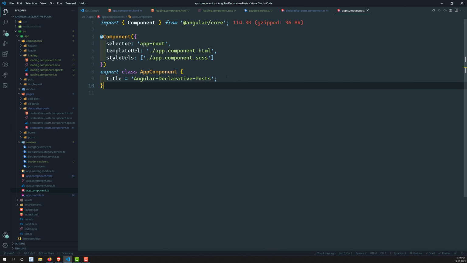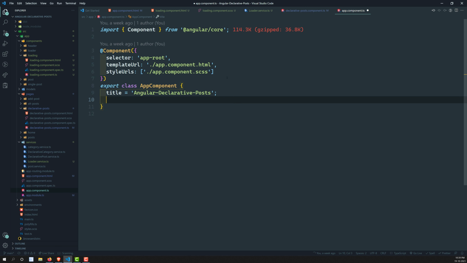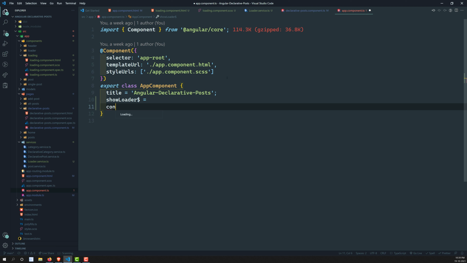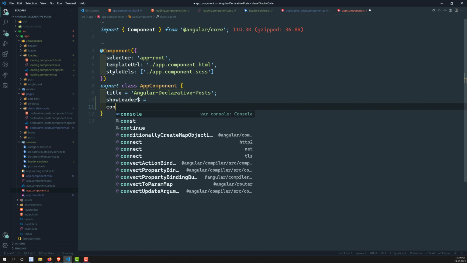Now here I can take something like showLoader$ equals, and we need to import the loader service. So let's add the constructor here. Where is that constructor?